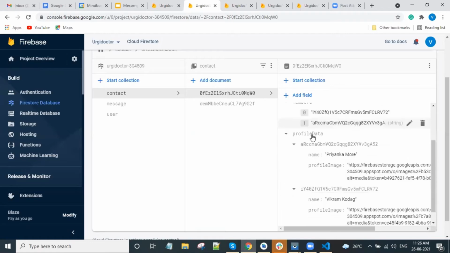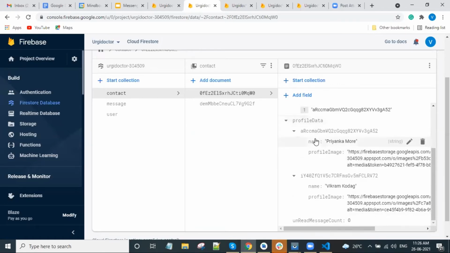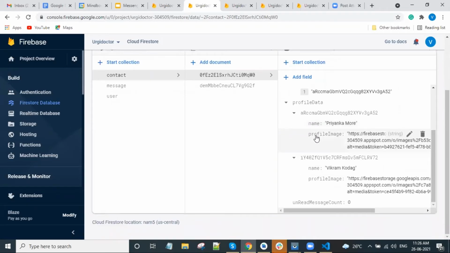Then we have added the profile data here. Why has the profile data been added here? Basically, with Firestore or any NoSQL database, we have one limitation: we cannot get the data from multiple collections at a single time. So we have maintained duplicate data in the conversation, so that we can get the data very easily. By maintaining data here, what we have achieved is that updating data is more efficient than reading data from multiple users.